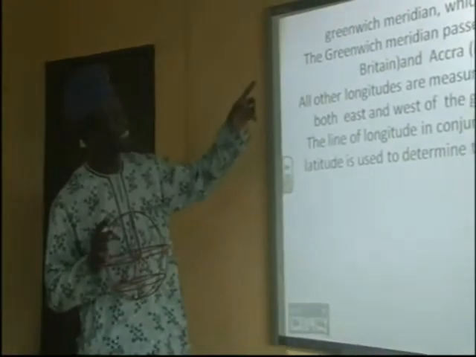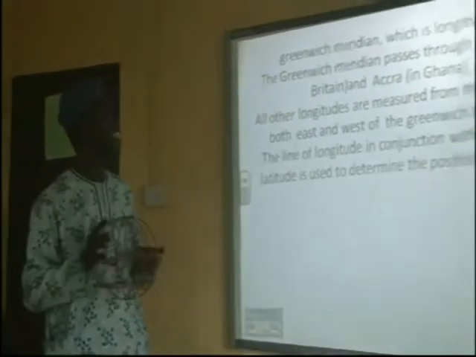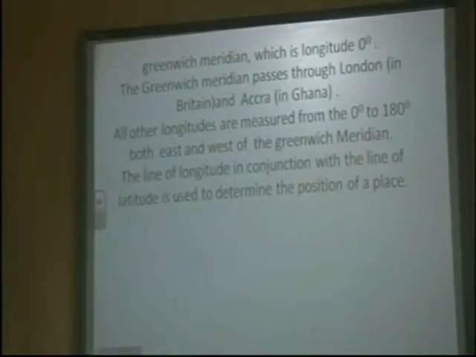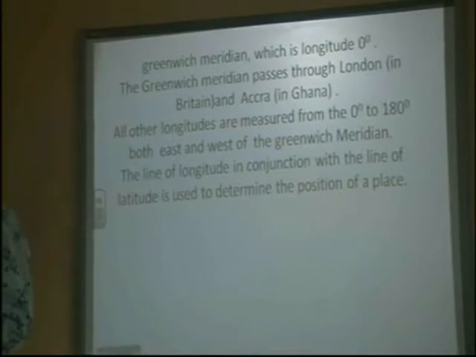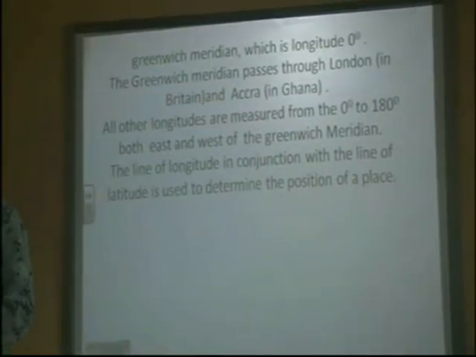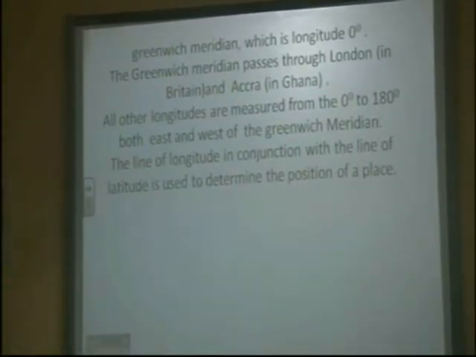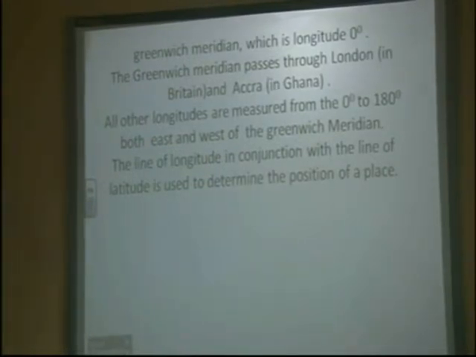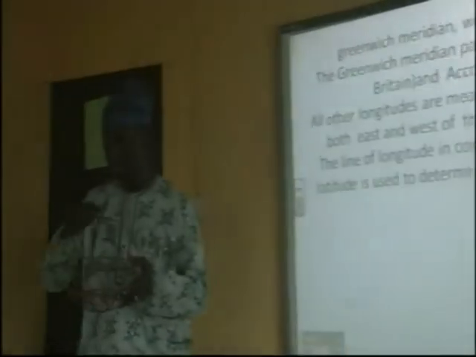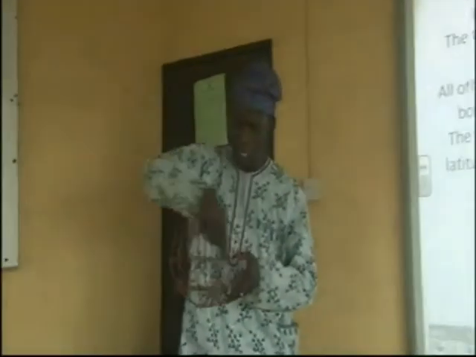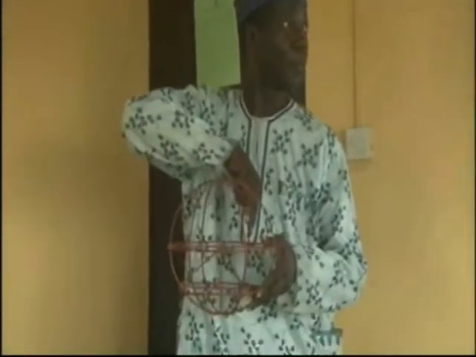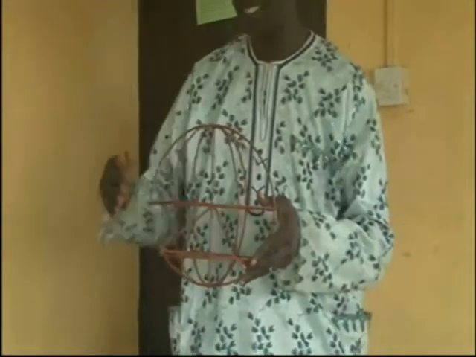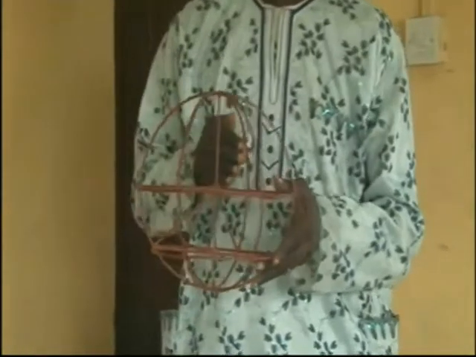So the Greenwich meridian, which is longitude 0 degrees, passes through London in Britain. And it also passes through Accra. I know you have heard of Ghana. Yes. The Greenwich meridian passes through Accra in Ghana. All other longitudes are measured from 0 degrees, can you see, to 180 degrees, both east and west of the